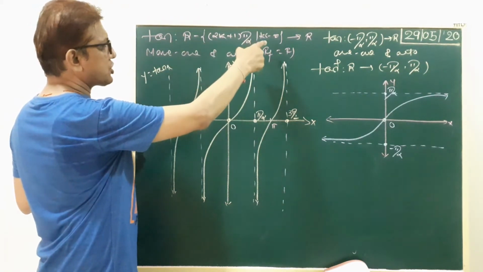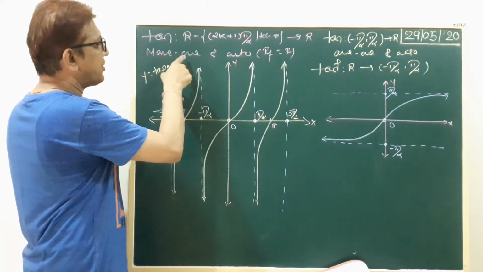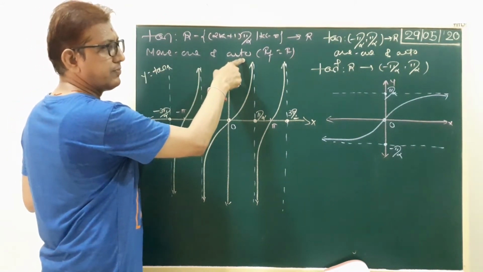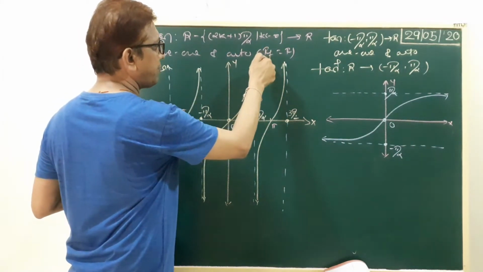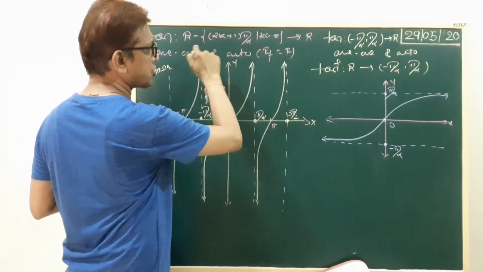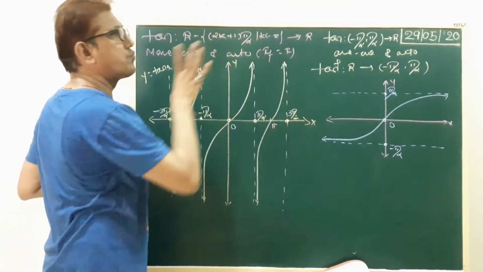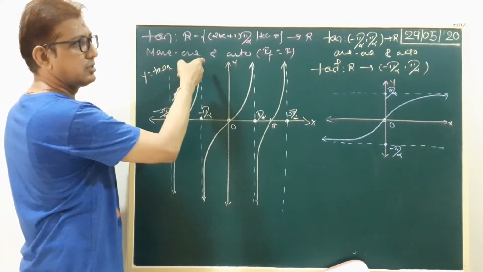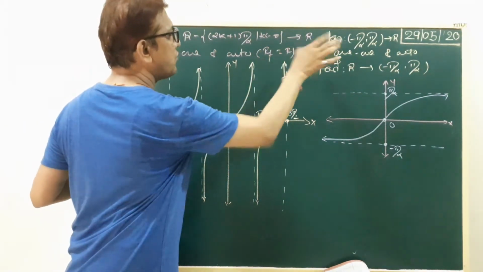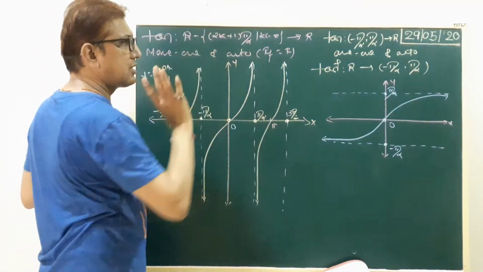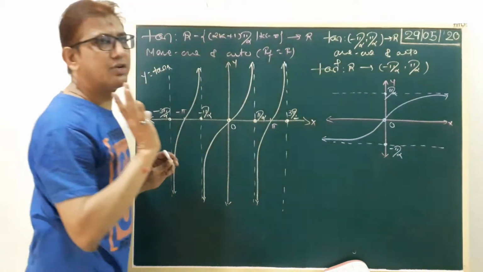But is tan a one-one function? We have already done this in 11th science: many-one function and onto function. It is onto because the range of the tan function and the codomain are equal. So this is already an onto function. But here it is a many-one function. So first we try to make the tan function a one-one function. Onto is already done, but many-one we try to convert to one-one.